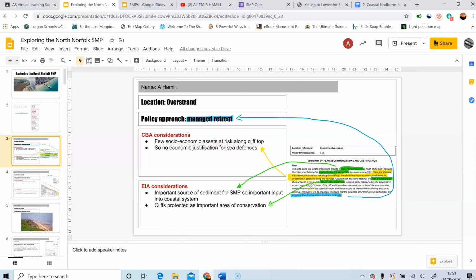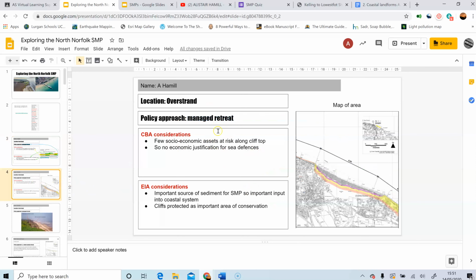Here are the bits in green and the environmental. This goes into EIA, and the blue bit here is the managed retreat. It's the policy approach. So that's the modelling side of things. And what I wanted them to do then was to end up with a slide that was able to go